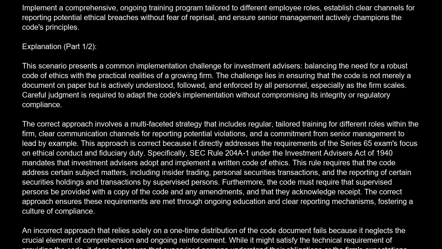a written code of ethics. This rule requires that the code address certain subject matters, including insider trading, personal securities transactions, and the reporting of certain securities holdings and transactions by supervised persons. Furthermore, the code must require that supervised persons be provided with a copy of the code and any amendments, and that they acknowledge receipt. The correct approach ensures these requirements are met through ongoing education and clear reporting mechanisms, fostering